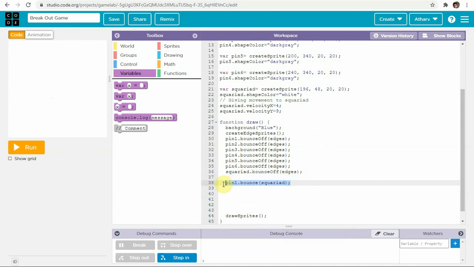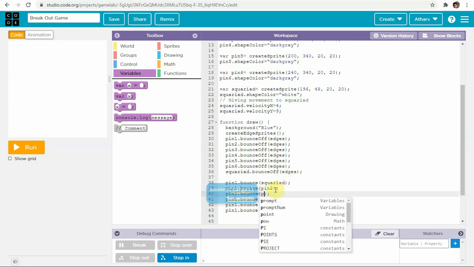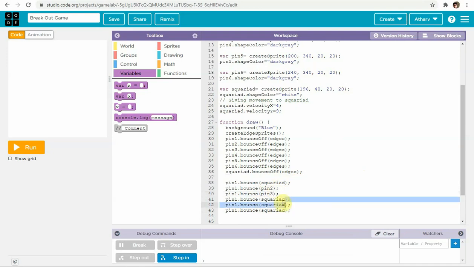Now I'll copy this. 1, 2, 3, 4, 5. Now pin1 dot bounce pin2, pin3, pin4, pin5, and pin6.